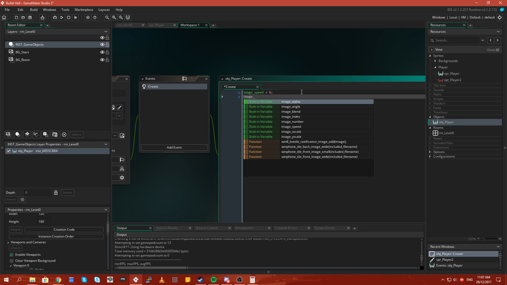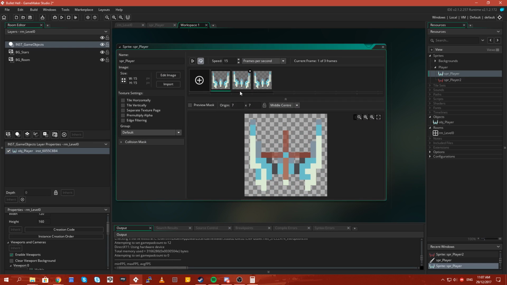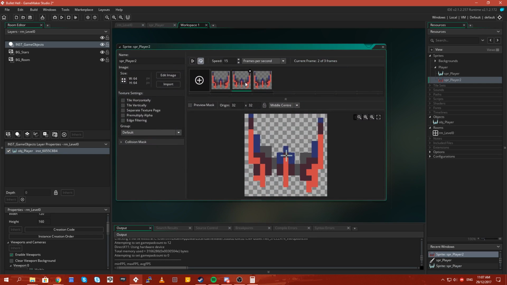And let's say that our image, what are we going to call this? Sprite facing left equals 0. Actually, is that right? No. Let's move. So what we're going to do is rearrange these so that the one that's on the left is on the left, then middle, and then right. So it's almost like flying left, flying straight, flying right. So this is going to be 1, this is going to be 0, and this is going to be 2. Let's do that for Sprite Player 2 as well. So if that is centered, that is flying right. Let's move this to the left. So we have left, middle, right. Left, middle, right. That's cool.